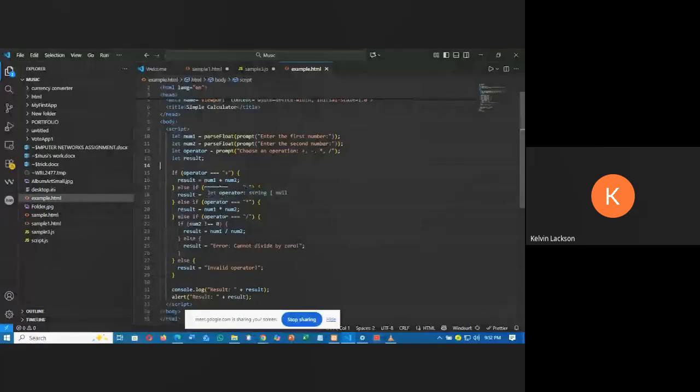It's just the same way, just changing the operators. This is the same syntax. I hope you know the if statement. You just put this else if, showing that if this one is not this one, then the next one should happen. If this is not the next one, then the next one. Only here we have a nested if statement. We are saying else if the operator is equal to forward slash, that is for division, then if number 2 is not equal to 0,